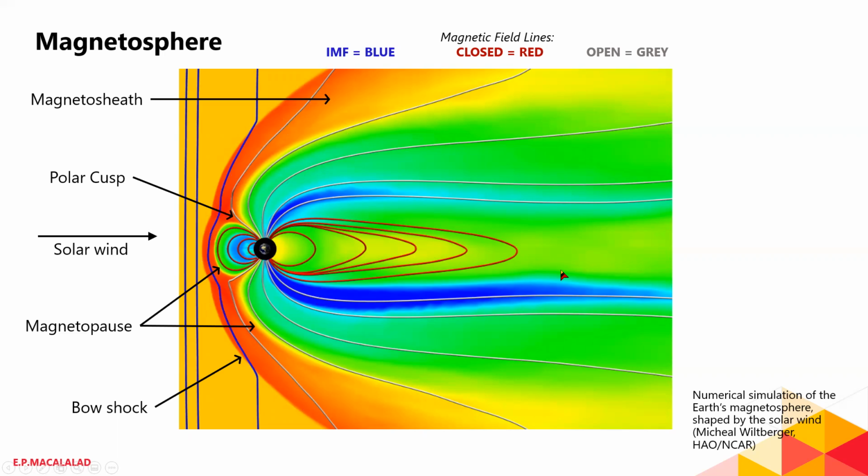Now, after the magnetosheath, we can talk about the plasma mantle. So the plasma mantle is where your open field lines are located, as depicted by these lines. Okay. Now the plasma from the magnetosheath expands to this region. You can see that there is a gradual decrease in plasma here. So that means some of the plasma from the magnetosheath diffuses towards the plasma mantle.